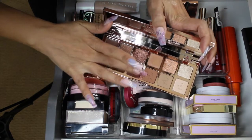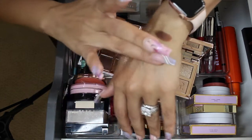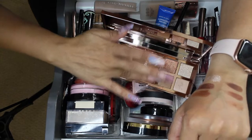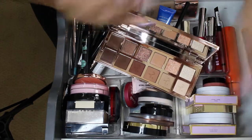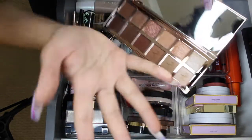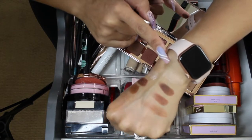Here's the deepest one. They feel really creamy. Super creamy. Here's the deepest one, the second. Again, I cannot really dip my fingers into these because my nails are super long, so it's the very tip of my finger. Here we go. Okay, that feels a little patchy. And then I'm gonna clean my pinky. And then I'm gonna try this shade here,